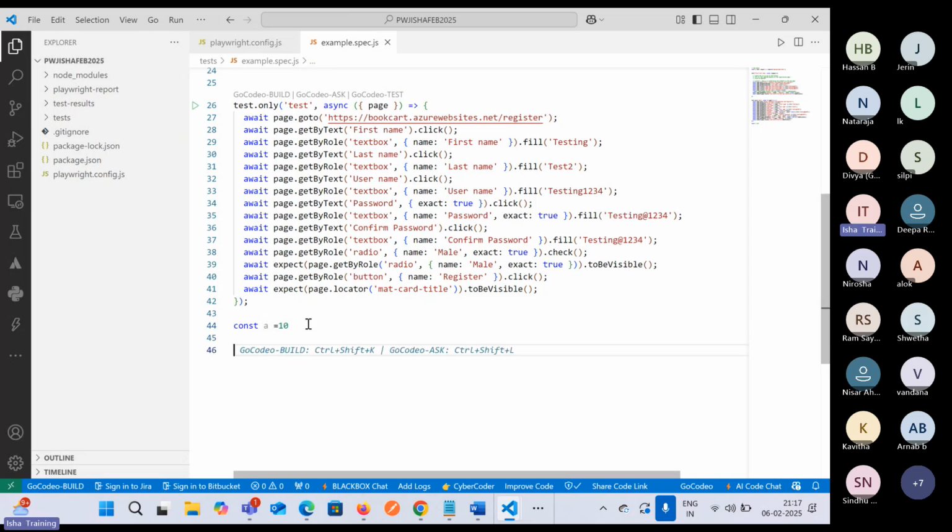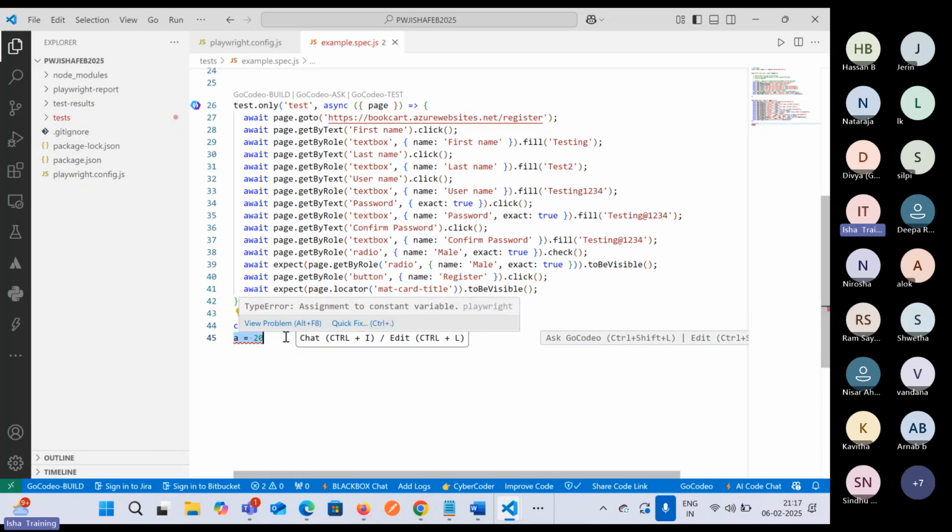Now what I'm trying to do is change the value of the variable, a equals 20 over here. So we are trying to declare a equals 20. Now in this case, as we are trying to declare a constant, any programming language will give you the error on the editor itself. But I just wanted to show you that in terms of a dynamically typed programming language,